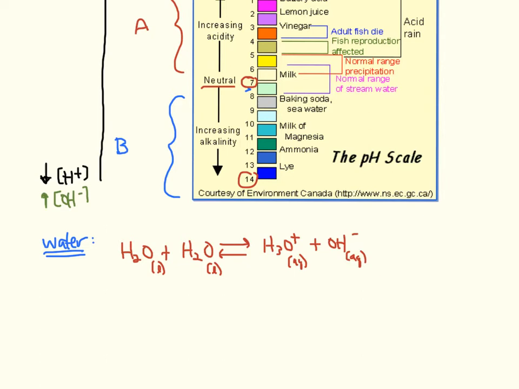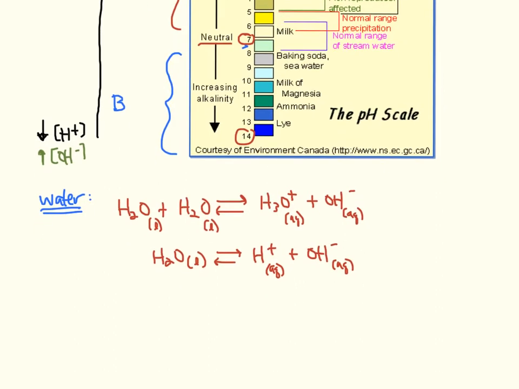You can actually simplify this reaction. So you've got liquid water, and it can either give up a hydrogen or lose a hydrogen and become either hydrogen ion or hydroxide. Now, regardless of which one of these equations you use, they're pretty much exactly the same. You'll notice that water gives up equal parts acid and base, which means that it's both acidic and basic. So it's equal parts acid,